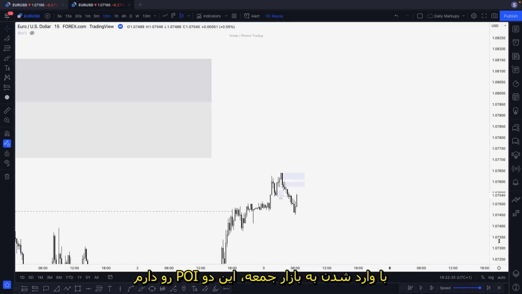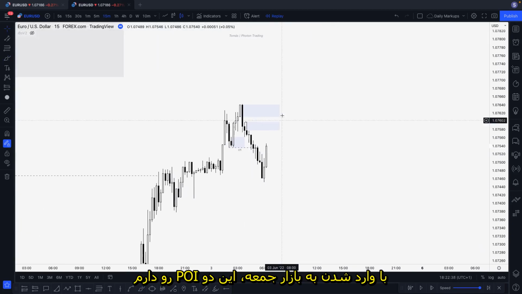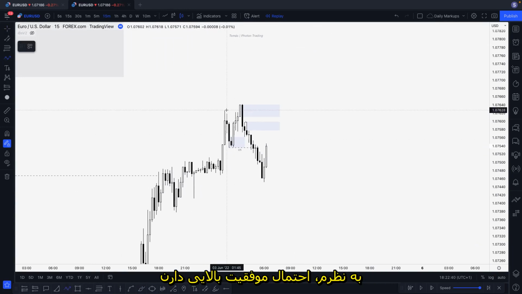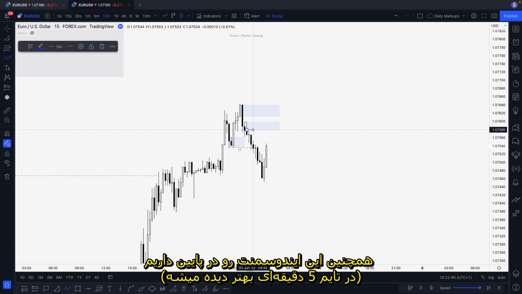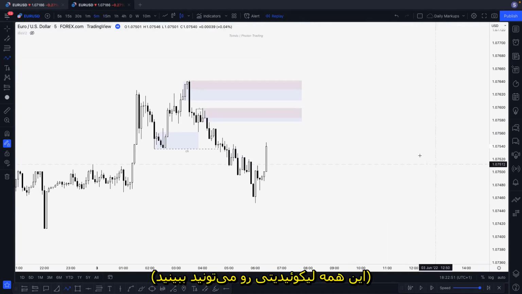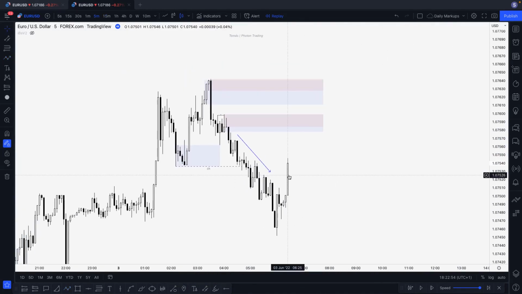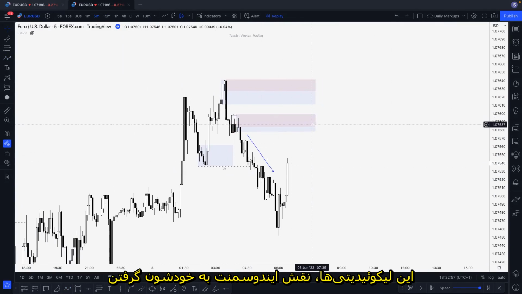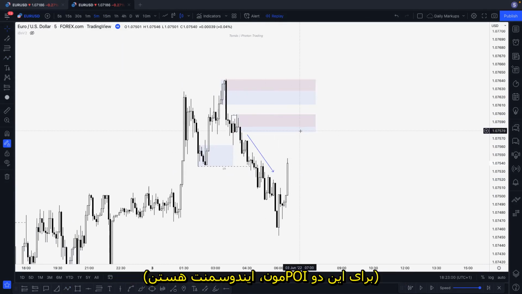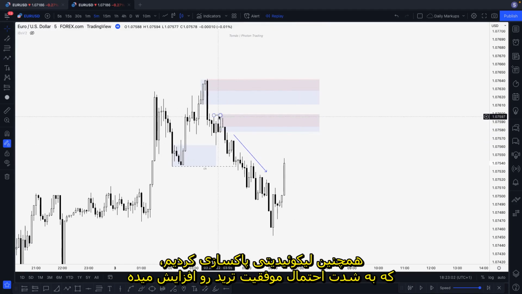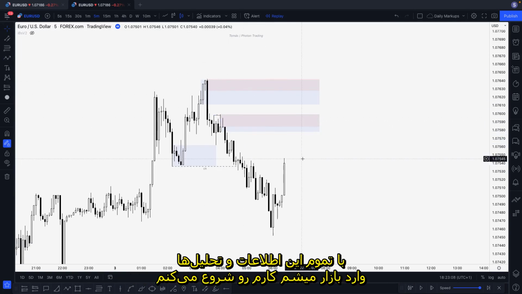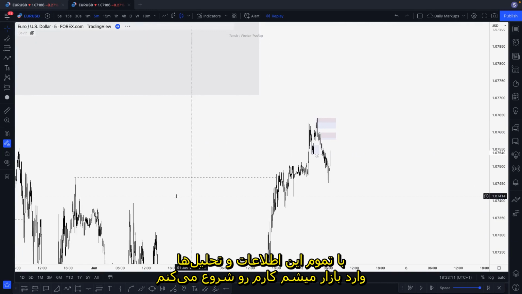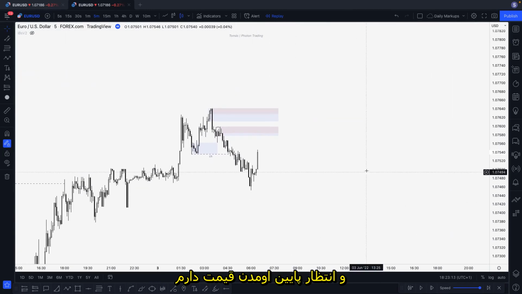So going to the session, I have this. I mark these two POIs because, in my opinion, they are very high probability. We have the extreme, of course, and then we have the flip, okay? We have also this inducement below. It's easier on M5, but you can see here all this liquidity working as inducement to the POI above. We also swept liquidity, which increases massively the probability of the trade. And yeah, going to the session, knowing everything I just said after the boss, expressed the pullback, the choke, all that stuff, I'm expecting lower prices.